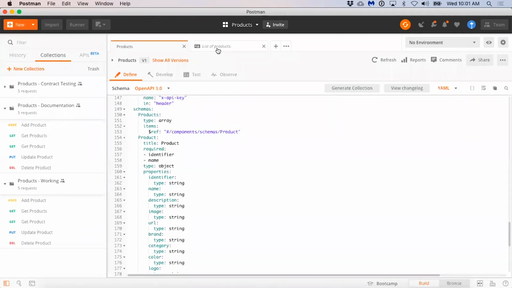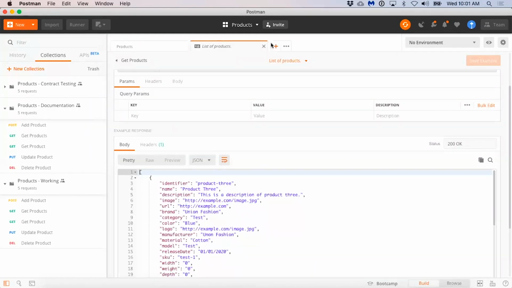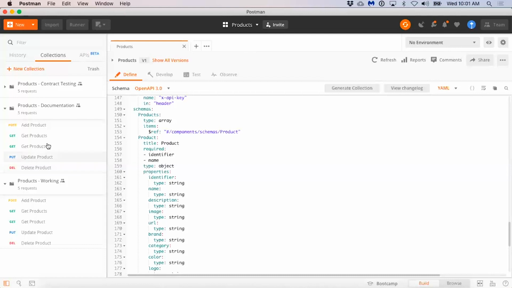So these examples get generated upon generation of the collection, but Jeff has team members make sure that every individual request has an example, because those are being used to generate mocks, generate docs, and other important aspects of the API lifecycle that Jeff is concerned with.